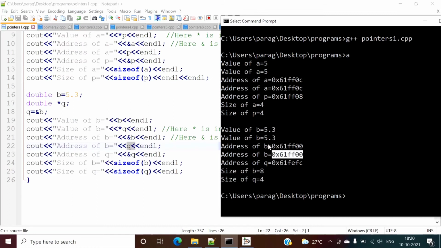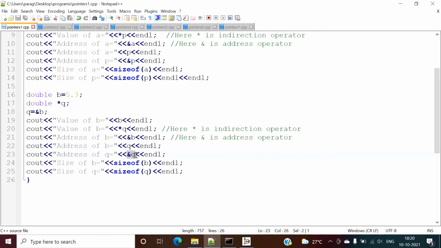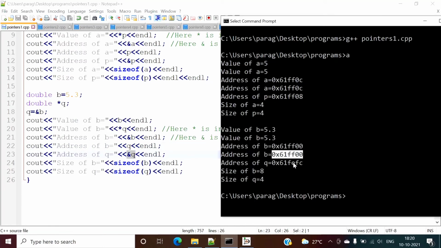So here we have printed the address of B by ampersand B, and here we have printed the address of B by printing Q, because Q has the address of B. Now see, Q is also a variable, though it is a pointer variable, and it will have some address, and that address we are printing by ampersand Q. So here you can see the address of Q that we are printing here.